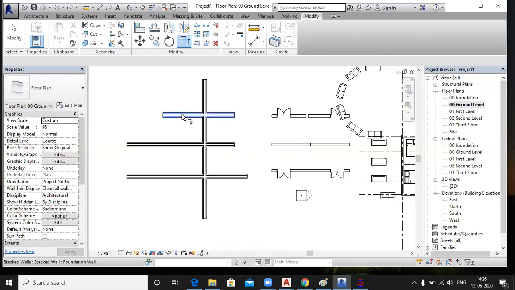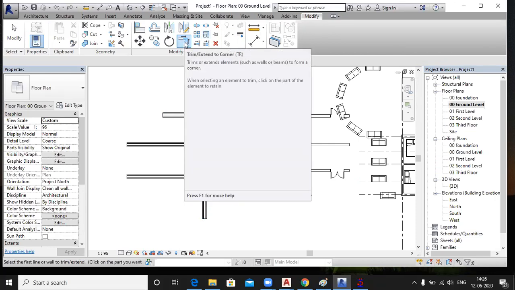So you click on that part which you want to keep, other than the deleted part. You want to delete this part and this part, yes, and you will click on this one. This one will be deleted and this one deleted. The other part will be deleted. Right? So in this case, both the walls will be deleted.